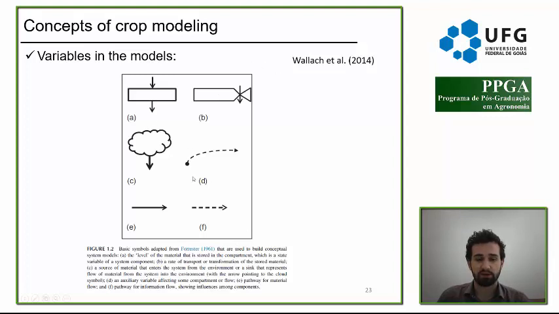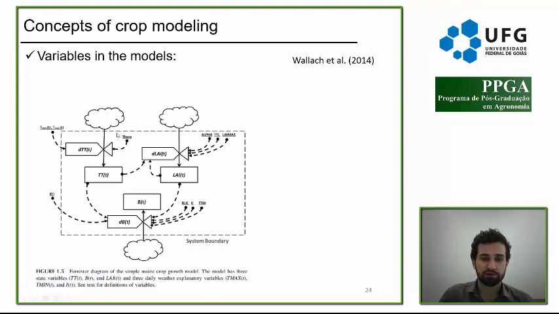For example, here is the level of material that is stored in the compartment. We have a symbol for rate of transport in the system. We have other sets of things that can define our model. In the chapter that I sent to you, we have these details about what each arrow and each square means. And here we have an example showing how this can work for a simple maize crop